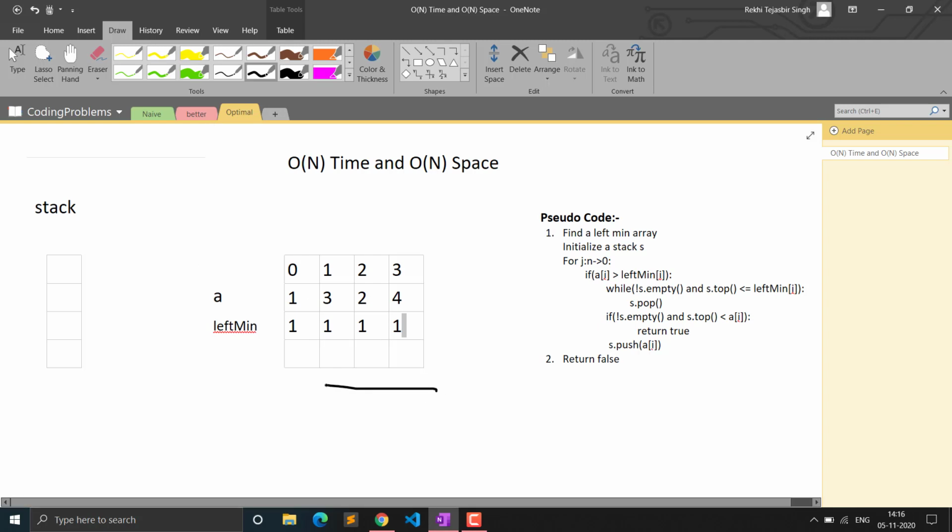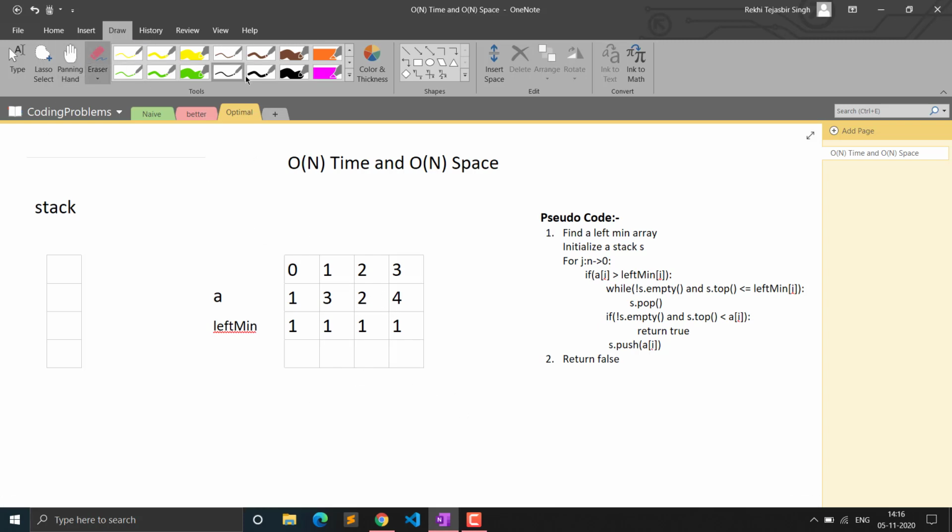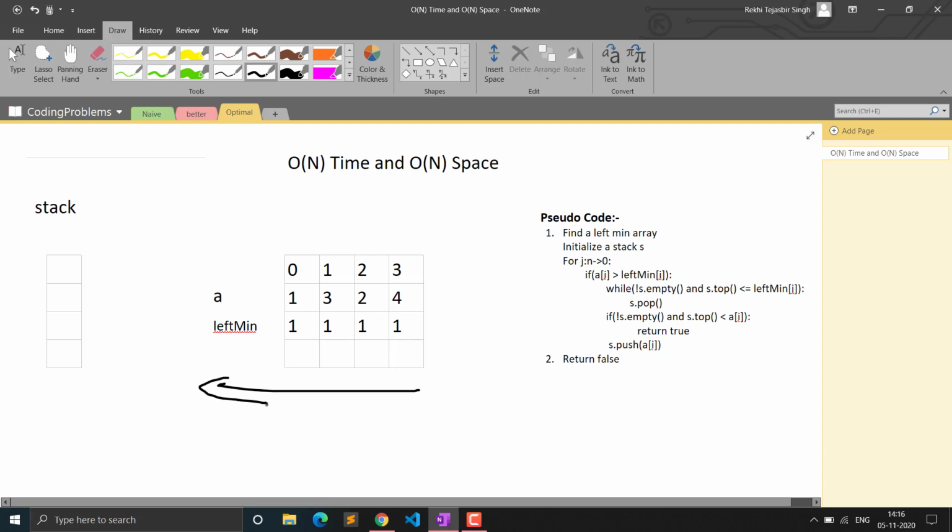We will run a loop from right side to left side, because j will be greater here. So we will run the loop from the opposite side, that is reverse. If j runs from here, then we will have to find only one variable, because for a particular element, you can see this is 4, but the kth element will not be there if we take this as j. So j will run from this point.